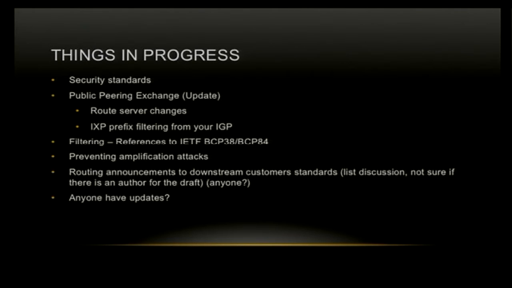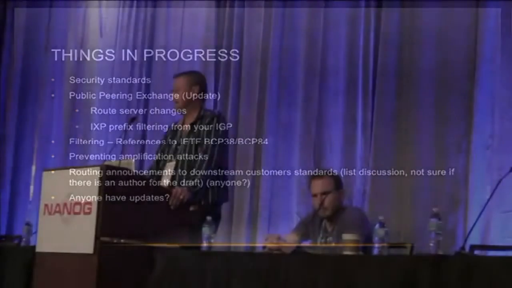There's a couple of different updates that need to happen to the public peering exchange document. I think several people have started reading that, particularly as it relates to OpenIX and some standards related to what should happen on route servers. There's been some discussion on whether or not IXP prefixes should be filtered from IGPs and consequence and benefits. And I think there were a couple other changes that were looking to be made to that document as well. I don't know what the active status is, and certainly anybody who's got those is welcome to come up to the mic and talk about them.